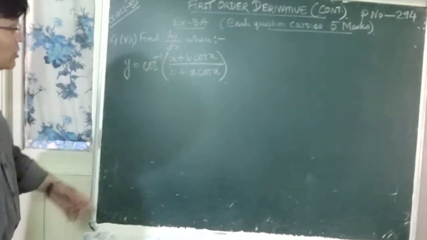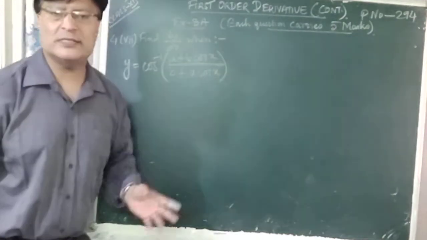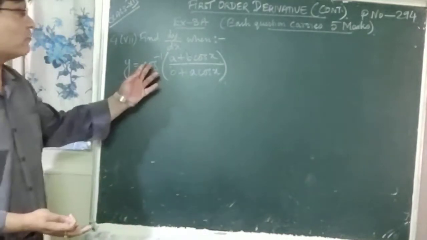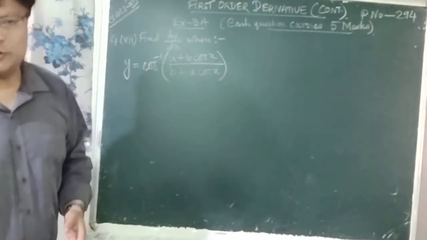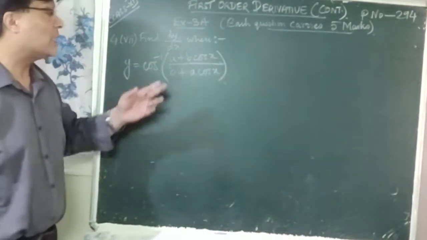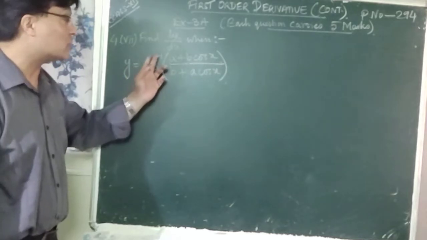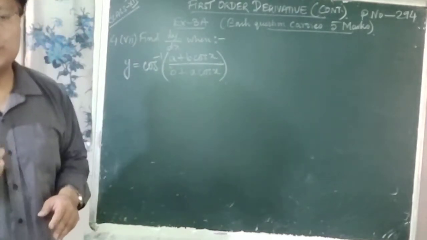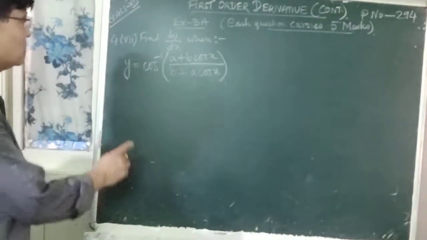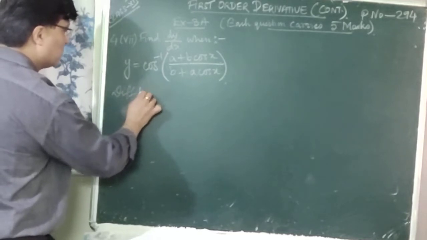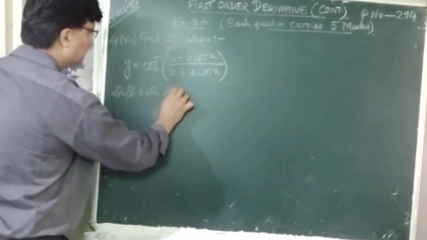So in this case also you cannot simplify this inverse circular function. You cannot convert it into the form of cos inverse cos theta, which is equal to theta. So here also you have to directly differentiate it by taking it as cos inverse x. All this fraction within the bracket, you should take it as x, right? So let us differentiate it directly. So differentiating both the sides